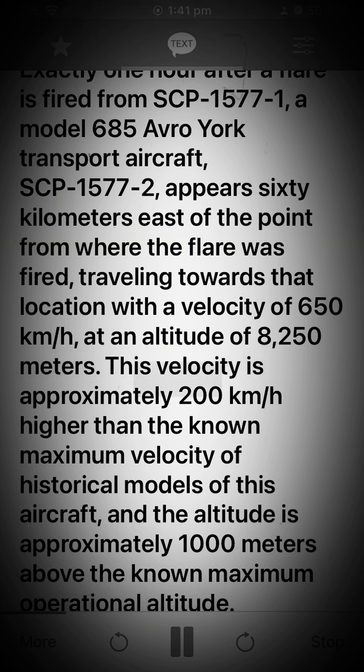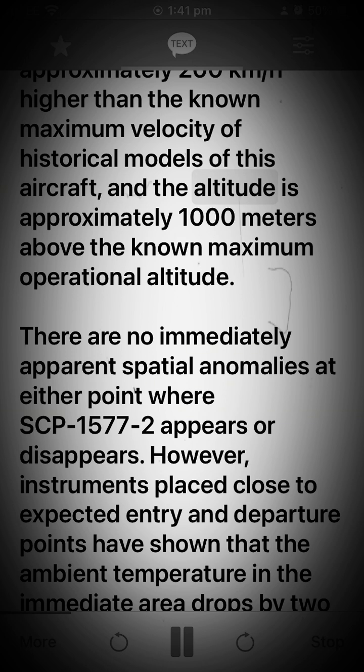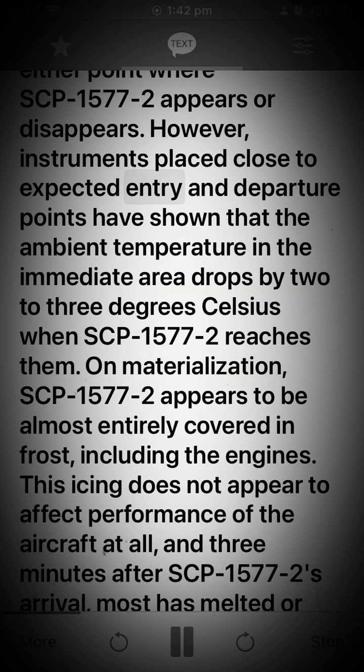This velocity is approximately 200 km per hour higher than the known maximum velocity of historical models of this aircraft, and the altitude is approximately 1,000 meters above the known maximum operational altitude. There are no immediately apparent spatial anomalies at either point where SCP-1577-2 appears or disappears. However, instruments placed close to expected entry and departure points have shown that the ambient temperature